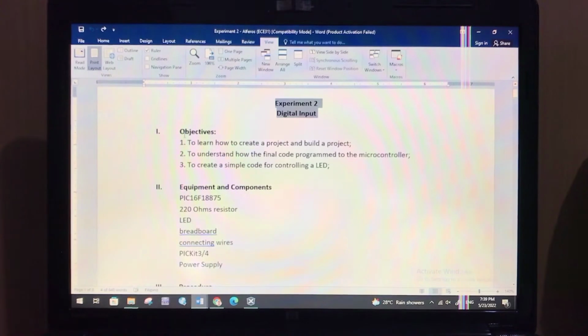For the objectives of our experiment, we have to learn how to create a project and build a project, to understand how the final code is programmed to the microcontroller, and to create a simple code for controlling an LED. For our equipment and components, we need PIC16F18875, 220 ohm resistor, LED, breadboard, connecting wires, PICkit 3 or 4,